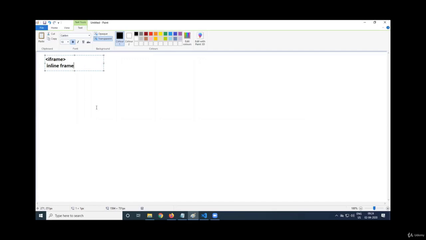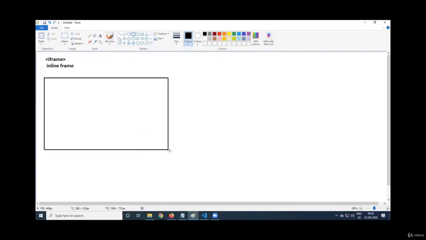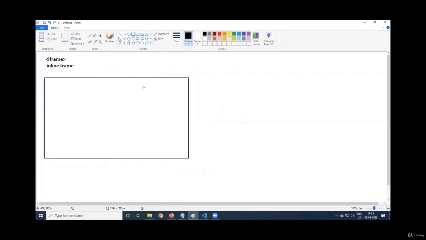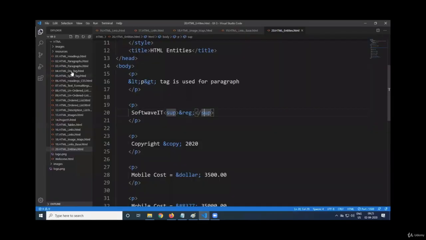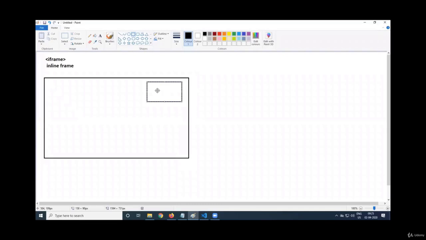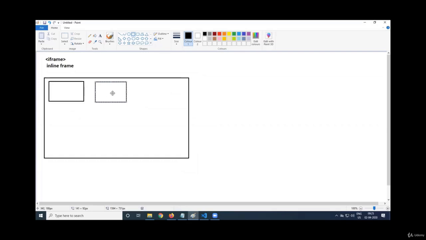So I have got a web page. Inside this web page, I want to keep another website or another HTML document here. There are many HTML documents. I want to keep another HTML document in our web page itself, or a PDF file, or a PowerPoint presentation, or any other type of document. Or I want to provide my Google map, the location map. Or if I want to keep a 360-degree image,